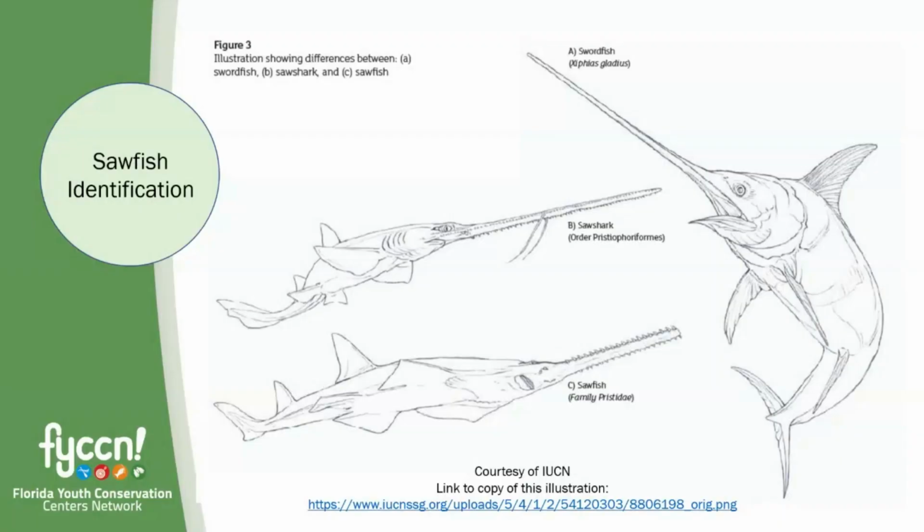So let's take just a second here to talk about three kinds of animals, three species that can sometimes be confused with each other. You might be watching this presentation and saying to yourself, how in the world is a swordfish confused with a sawfish? I can tell you from experience, and the reason why I wanted to spend a little bit of time focusing on this